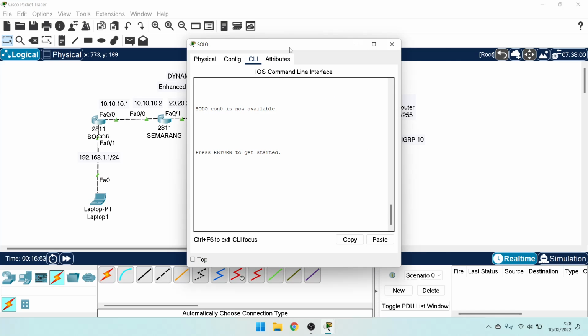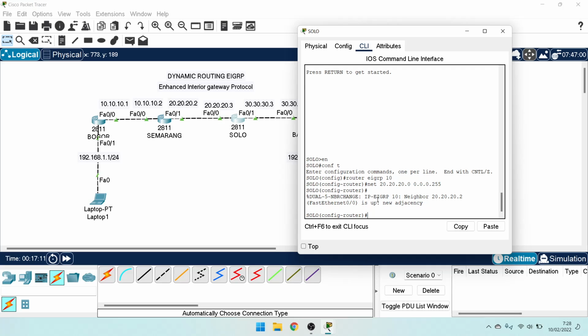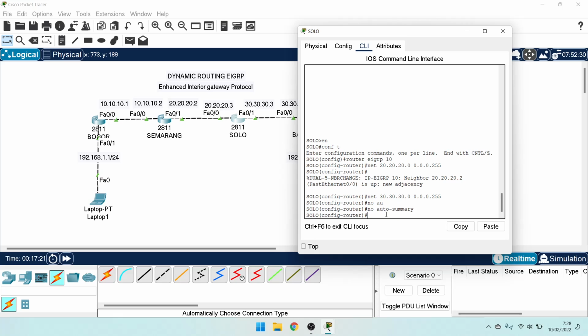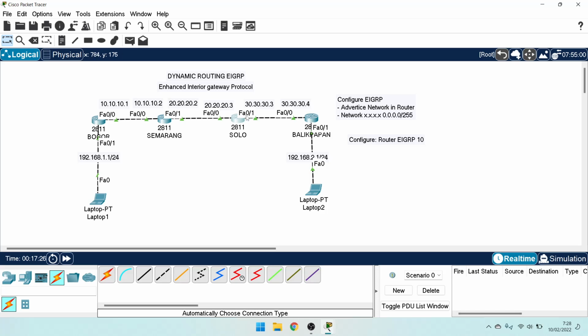Next, configure in router Solo. Enable, configure terminal, router EIGRP 10, and network 20.0 and wildcard. This is the adjacency, and network 30.0 and wildcard. No auto-summary. Okay, do write. And next, configure in router Balikpapan.